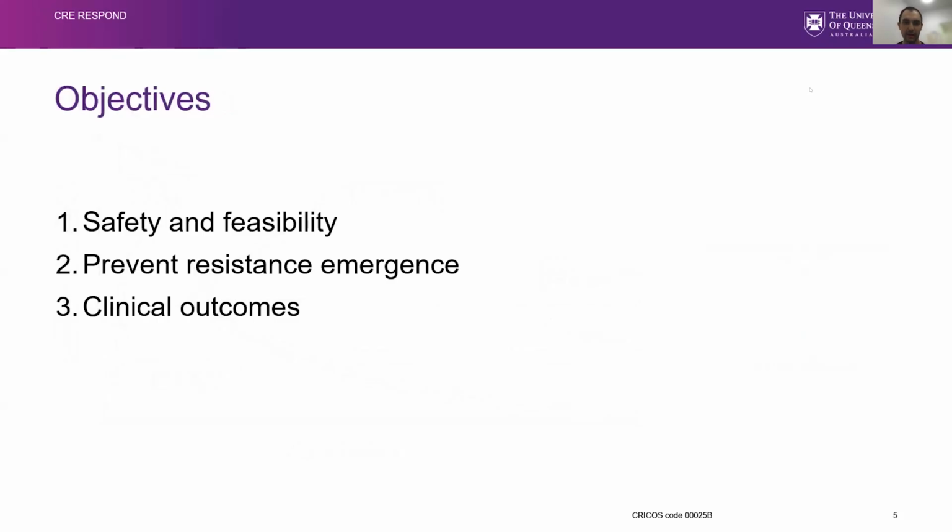And we know that, as Dr. Mangalore mentioned, time above MIC or fourfold the MIC has been associated in vitro and in vivo with suppression of resistance emergence. And so the ROAD pilot study was to first evaluate the safety and feasibility of using a pharmacometrics approach and a TDM approach to individualize the dose to achieve these higher beta-lactam exposures that are associated with the suppression of resistance emergence, to identify whether or not this intervention could actually prevent resistance emergence, as well as look at the important clinical outcomes as they relate to patients such as drug toxicity as well as morbidity and